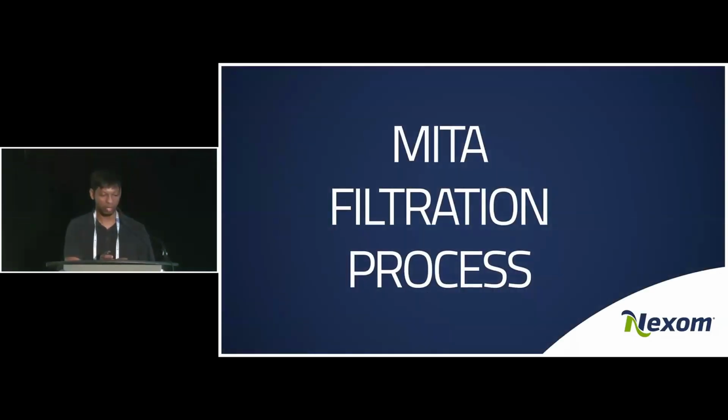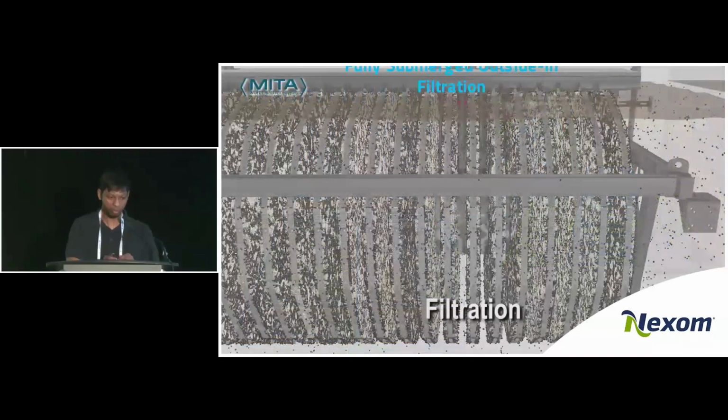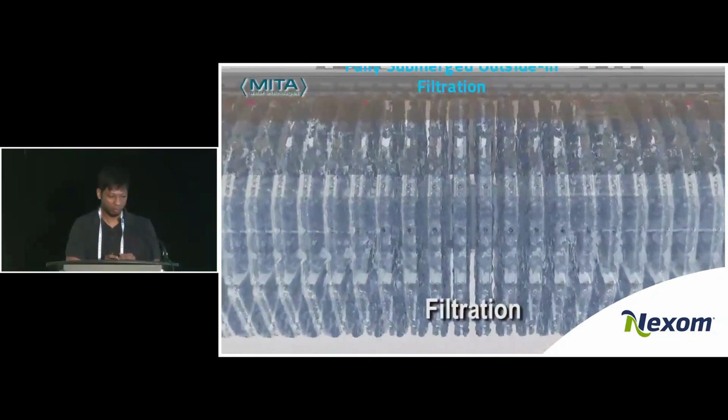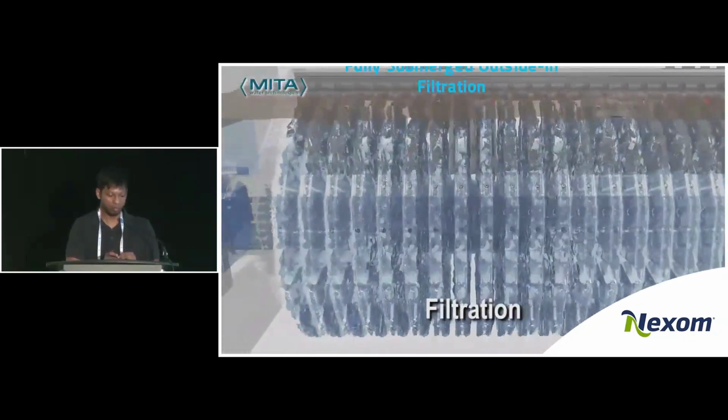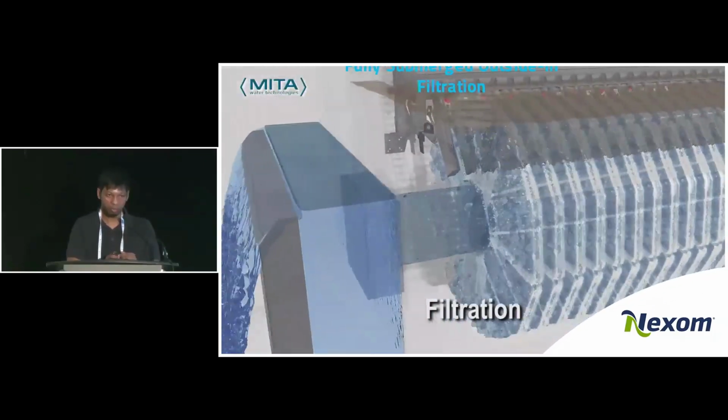Now let's move on to how the disc filter works. It is an outside-in gravity filter, and it is a fully submerged cloth filter. As you can see in the picture, the whole filter is covered underwater during its operation. The way it works is a bit simple. As the tank is filled up with water, the water flows through the cloth and enters a central tube. As more and more water